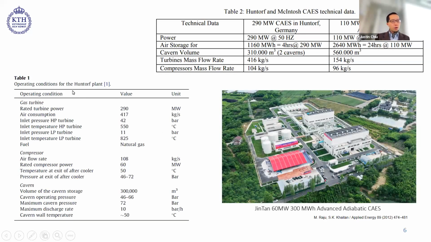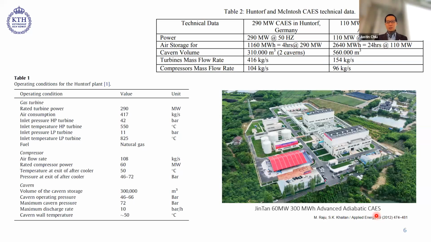Here are some more operating conditions for the Huntorf, the German plant. You see data on the compressor, data on the cavern, data on the turbine over here. So if you're interested, you can dig deeper into it. And you see the flow rate is extremely large, 400 kilogram per second. And then the operating pressure, 46 to 72. The picture to the right is shown the